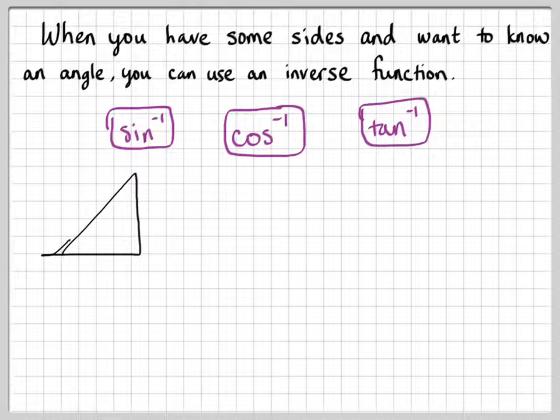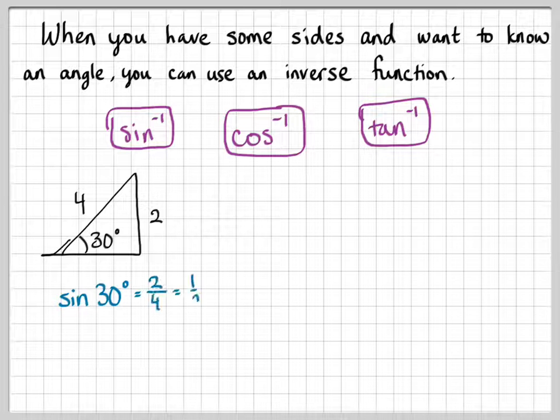So let's look at an example. Let's take this triangle, label its angle as 30 degrees, and label one side 2 and the hypotenuse 4. Now, without labeling any more information, let's look at this angle. What trig function is going to relate our angle, our opposite side, and our hypotenuse? Well, that function is the sine, and we say that the sine of 30 degrees is 2 divided by 4,